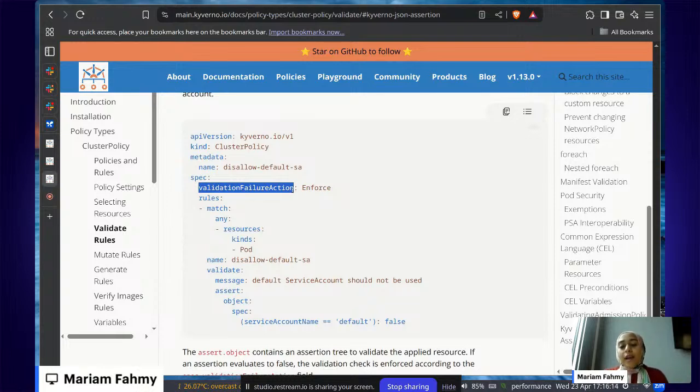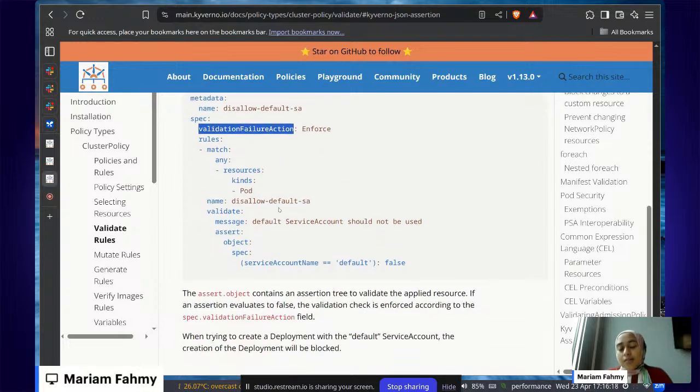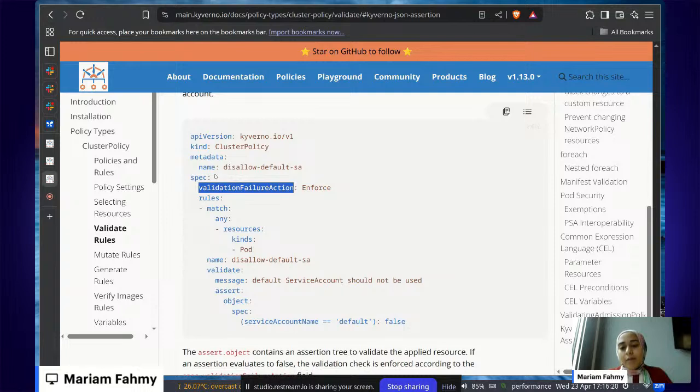So we figured out that these might be a challenge because in the end we introduced one policy type that does everything: validation, mutation, generation, and all the Kyverno capabilities.